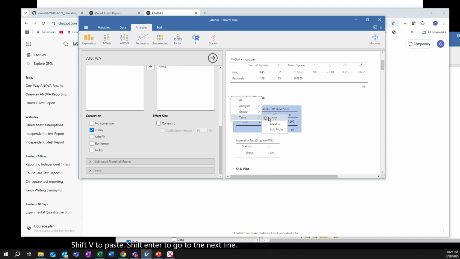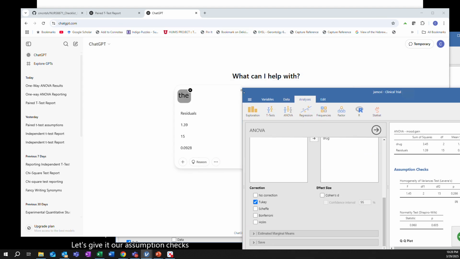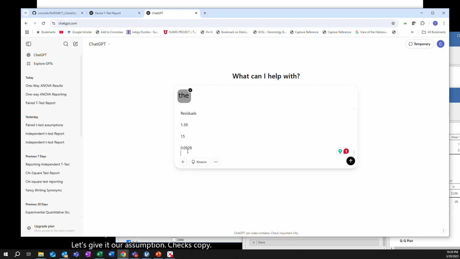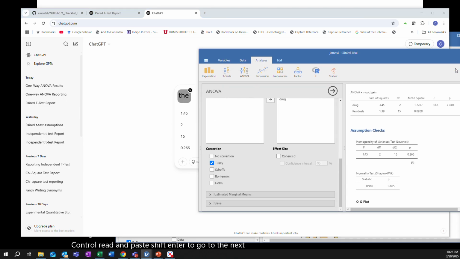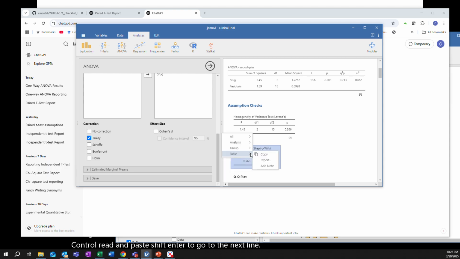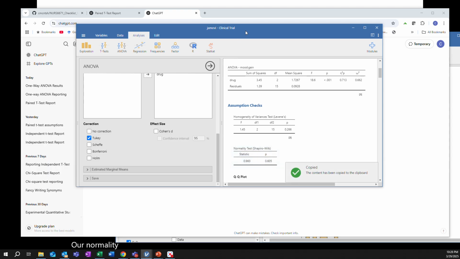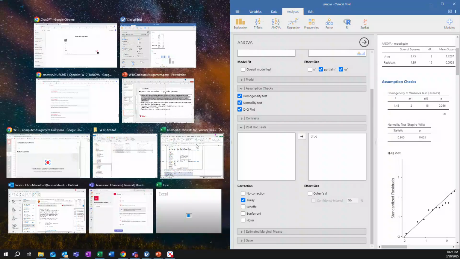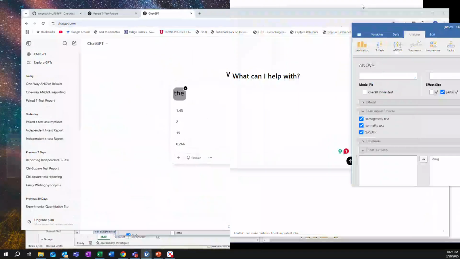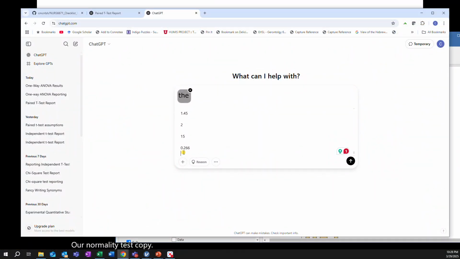Let's give it our assumption checks, copy, Control V to paste, Shift Enter to go to the next line. Our normality test, copy, Control V to paste, Shift Enter to go down to the next line,